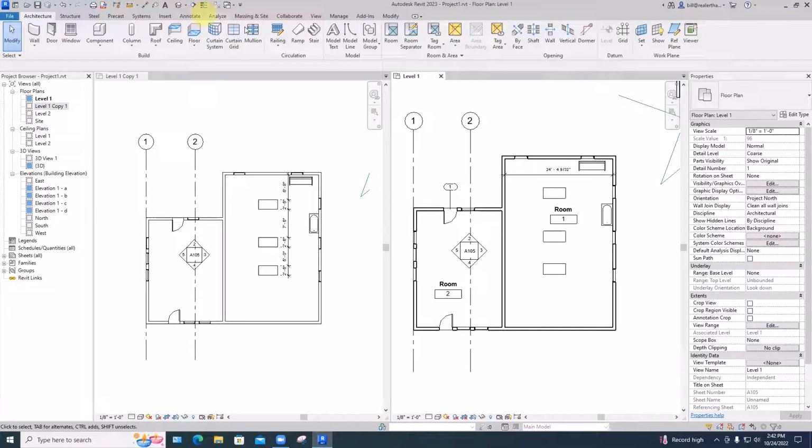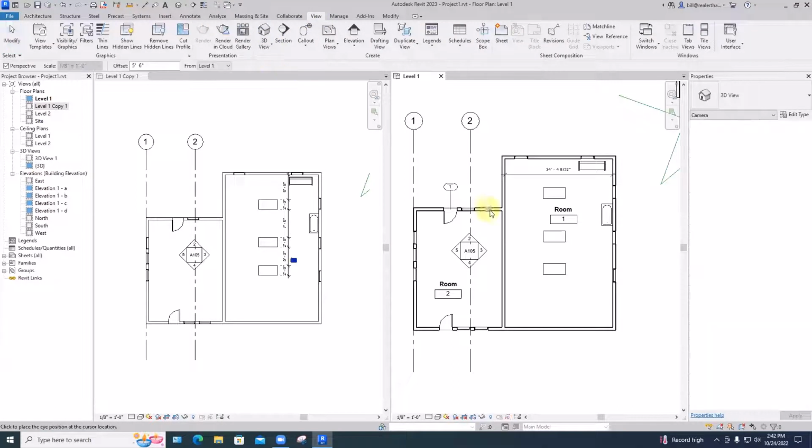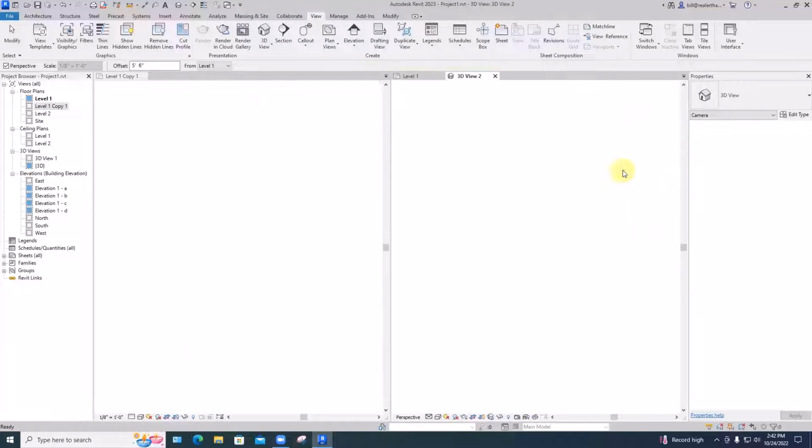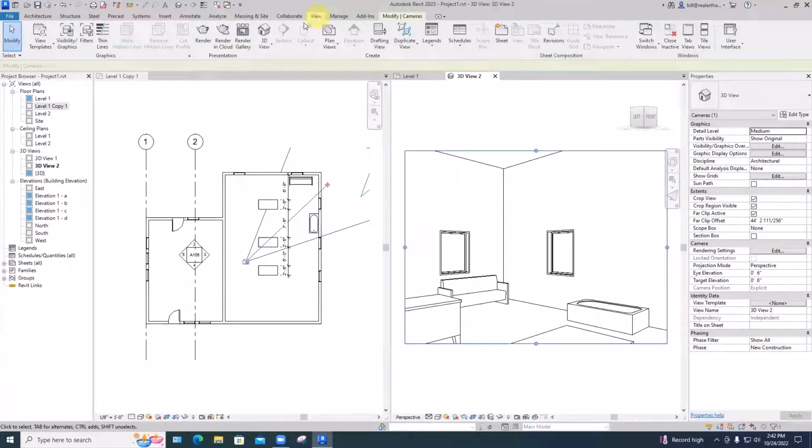We do this camera view again. View, 3D View, Camera, and start here and look that way. So I've got a ceiling, I've got a floor, I've got windows, I've got a bathtub. Anyway, so rendering is easy. We go to View, Render,